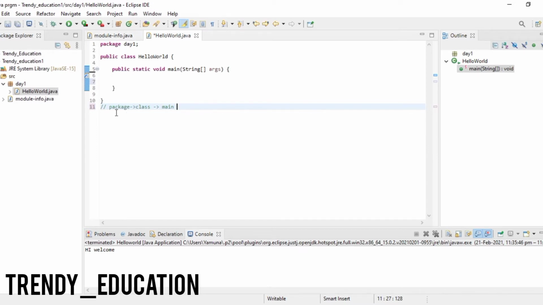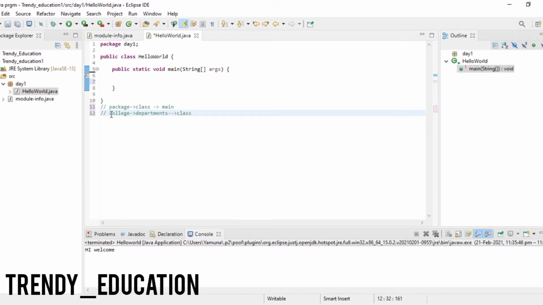Now I'll explain this basic structure along with an example. For package, let's take your college as the package. You can take college, school, or something else. So college is my package. Under college you'll have departments, right? Under department you'll have classes, that is sections, classes, and all.